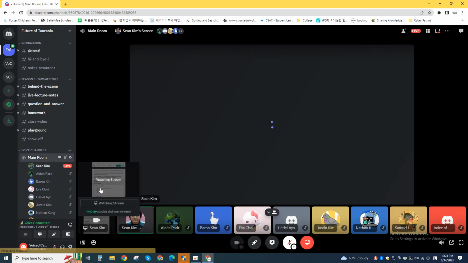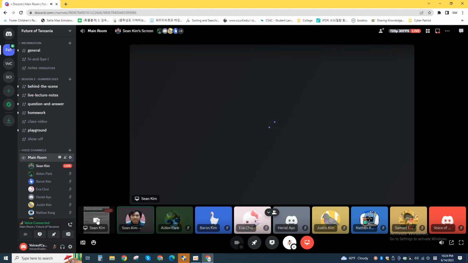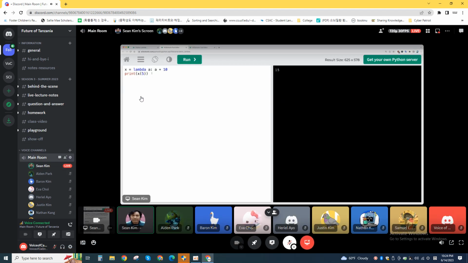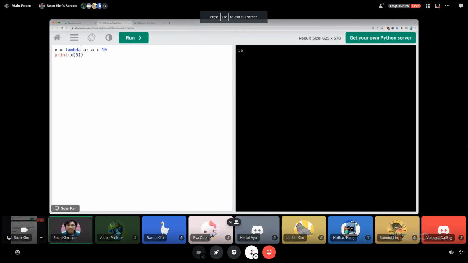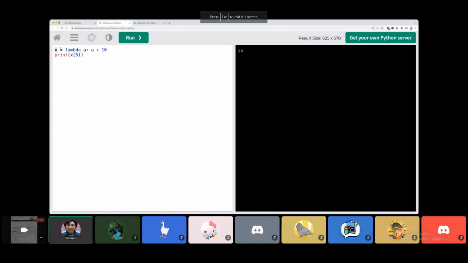A variable, as you can see here. So it says x = lambda a: a + 10. When it says lambda a, that means when I call for this variable, when I need x, I'm going to have to provide a value for x to use to determine its value. It's really similar to making a function. It's basically like